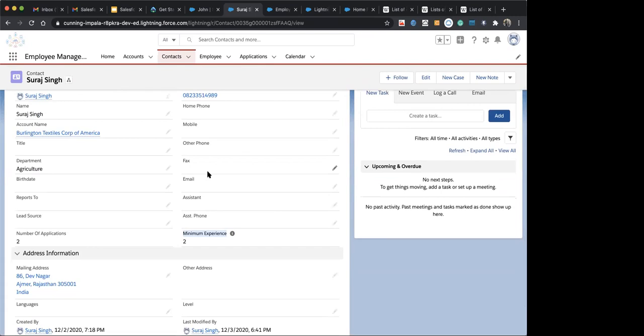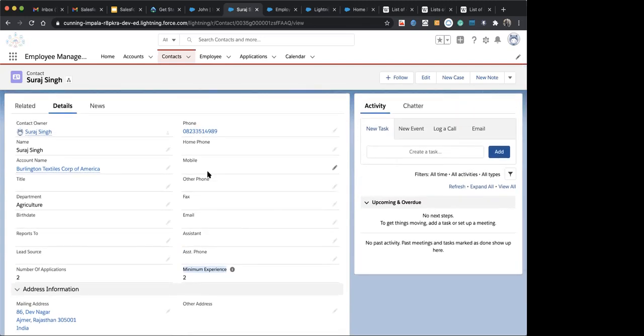So whenever we have to differentiate the records on the basis of the user who operates the record, or differentiate the type of record, for example, let's think about a school in which we have teachers and students.